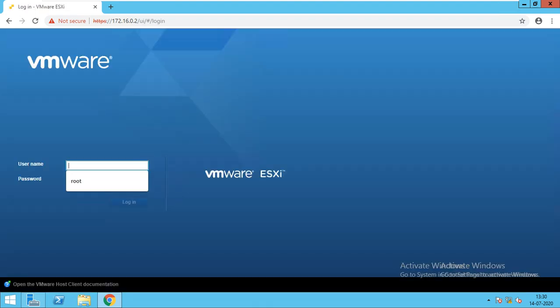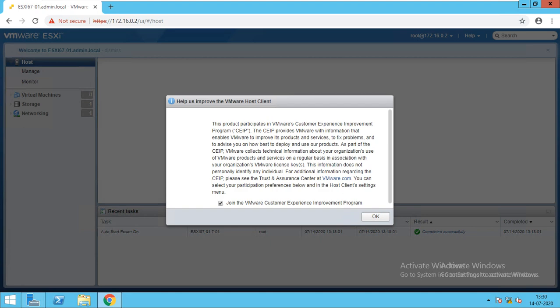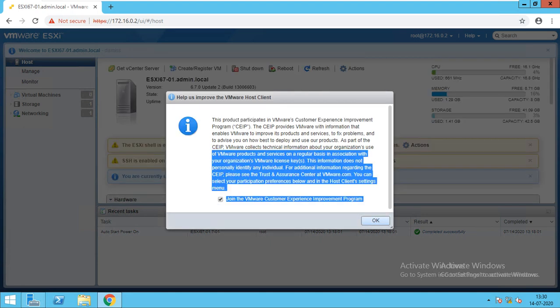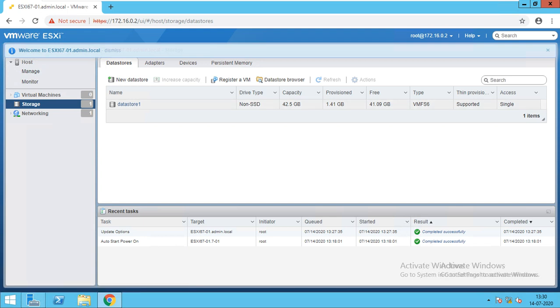In the previous lecture, I had created the iSCSI storage, so I'll share the video with you. So you can see here the storage. This is the datastore, the default hard disk assigned to me.